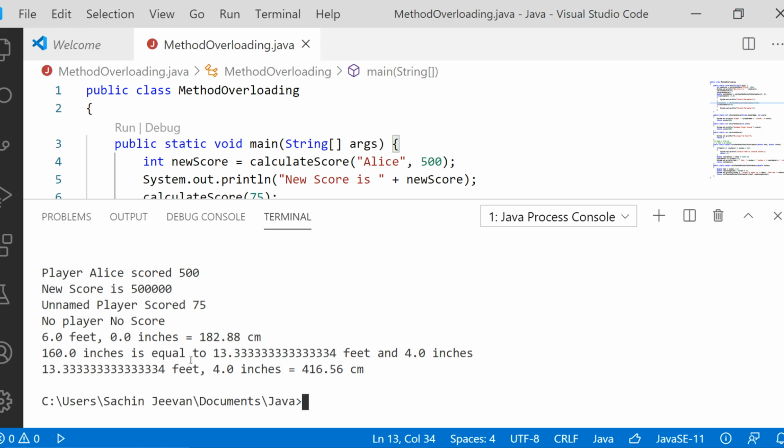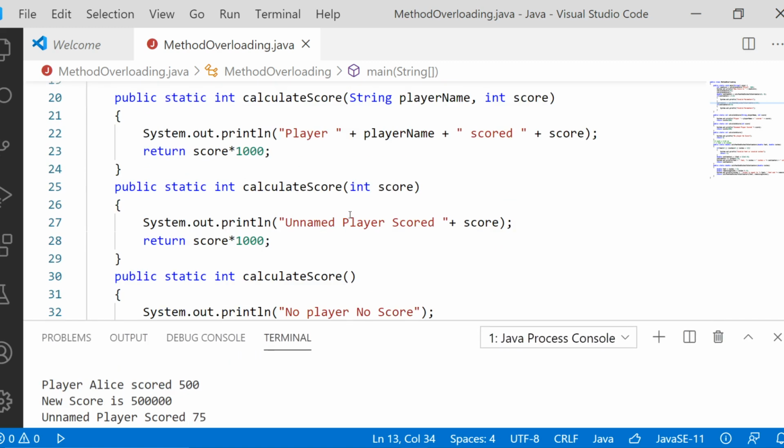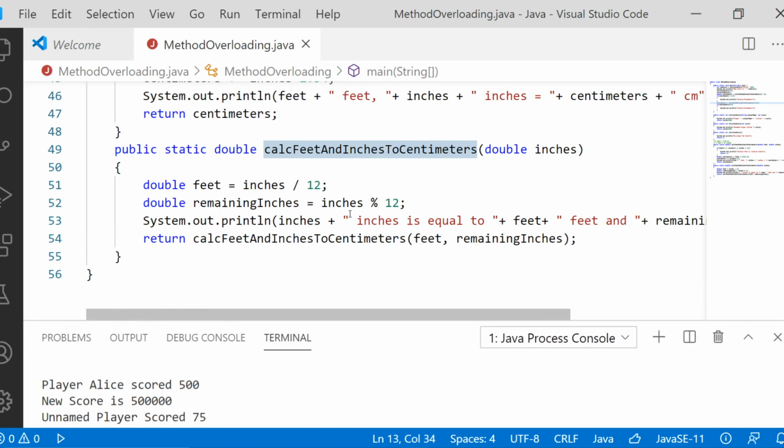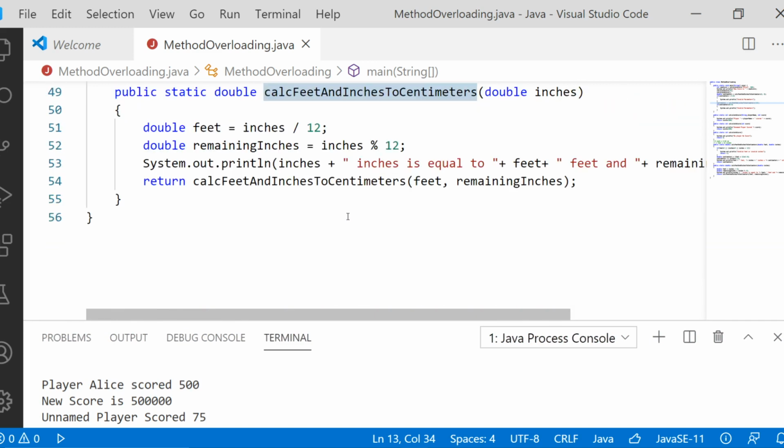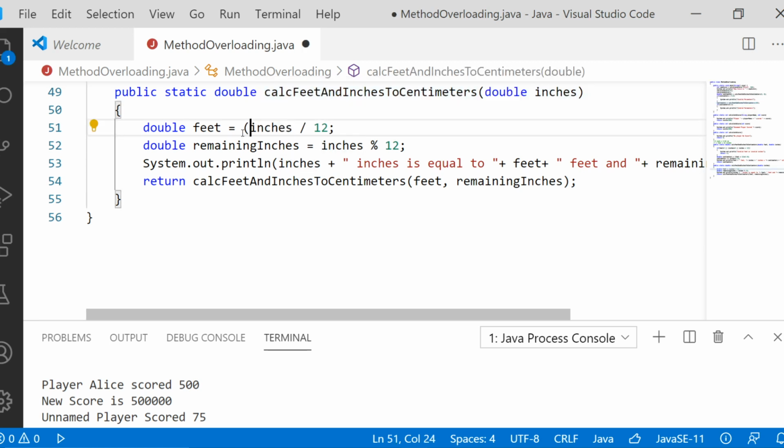Okay, wait a minute, I think we can divide the feet in terms of integer. We want the answer in integer, not in double, because feet is not provided in decimal points, it's a whole number. So after dividing, we convert the resultant answer into integer and store the feet.